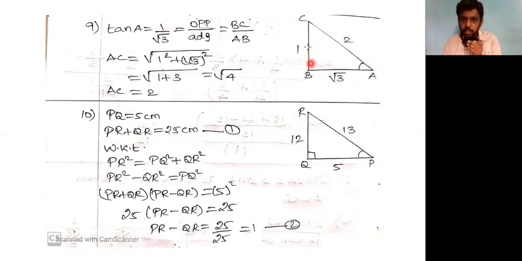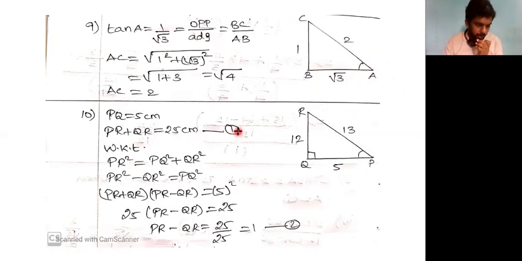So this is 1 and this is root 3. 1 divided by root 3 is given here. With this diagram, we can find the hypotenuse. So hypotenuse is equal to 2. Now we know all the three sides. We can find sin A, cos A, tan A, secant A, cosecant A, cot A, all the 6 trigonometric ratios. So just find the values which are needed, substitute in the given expression and simplify, you will get the answer.